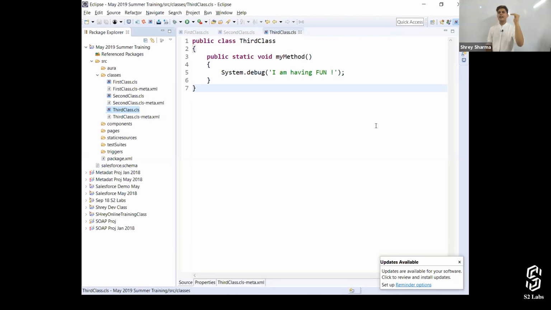Like I've added this May 19 org. I've got other orgs in here as well. Metadata project January, May 18, September 18, dev class, different orgs that I've got. That's also one of the reasons why I should use Eclipse if I want to work on multiple projects and I want to use the code from a different project in this project and do stuff like that.